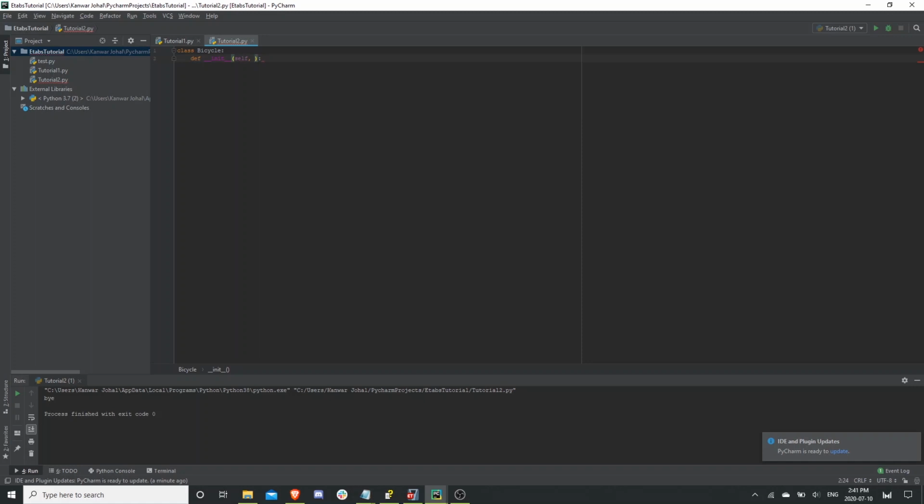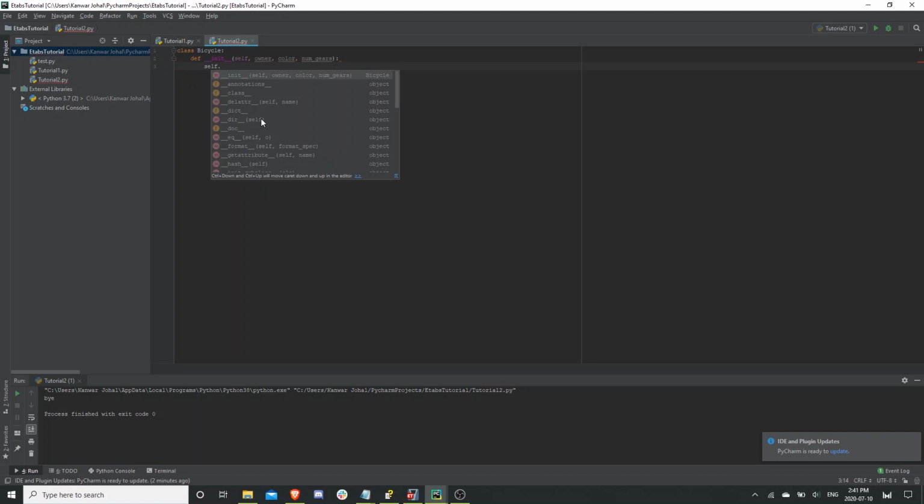And so we're going to go ahead and create some initial properties. So for example, owner, color, and let's say number of gears. And how you would initialize them is you would say something like